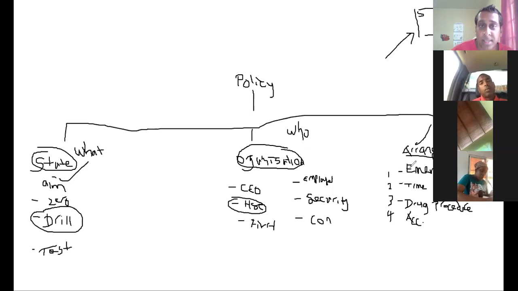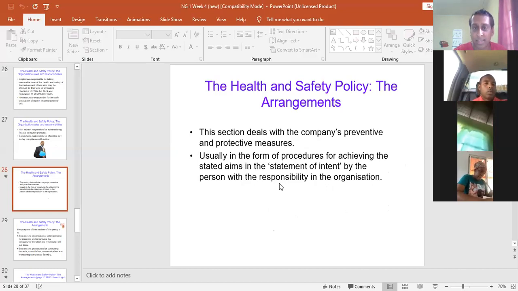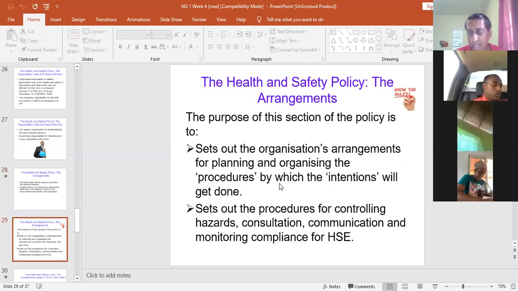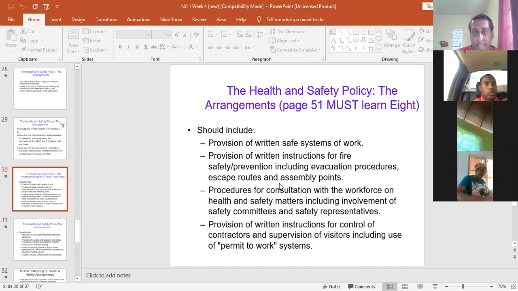But going back to this slide, if you didn't get it from there, it is already fleshed out on the slides. But I used the table because I thought the table was a nice way of breaking down the three pieces of the policy. So in arrangement, I'll read this line again. This piece has the procedures for achieving the aim, which is like doing a drug test, by the responsible person, by the HSE. And what I did here, I listed out a bunch of procedures, right? You start to see them from here. And I have here, must learn eight, right? But you can make them up if you want, I guess.